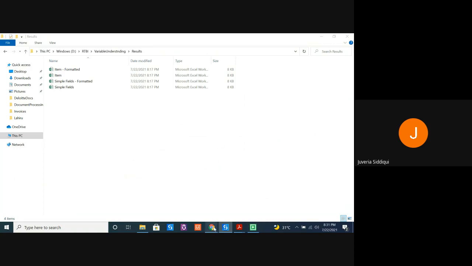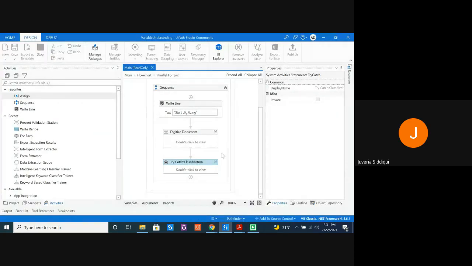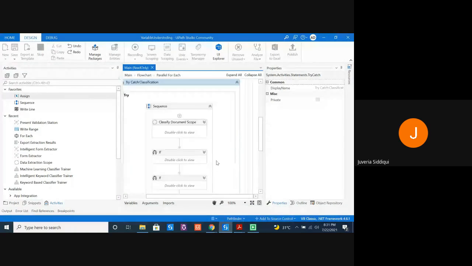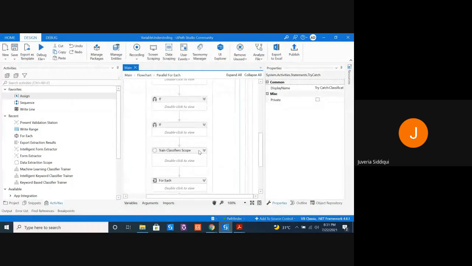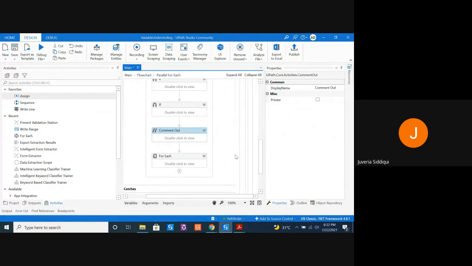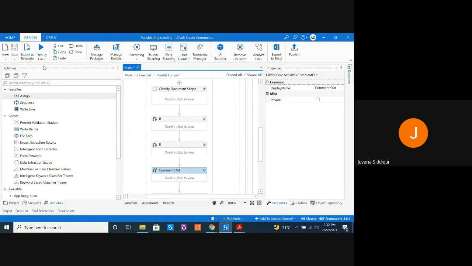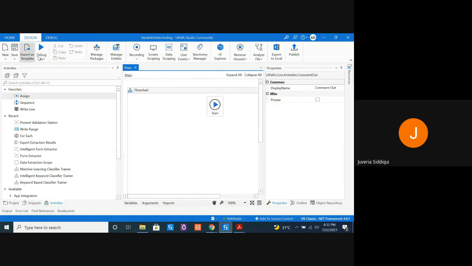And one more thing. I don't want to train because I've been training it multiple times. Let me stop the training part. So yeah, I'm going to stop this as well. I don't want anything to be created on the Action Center. We've seen this multiple times. So let's run it from here onwards.